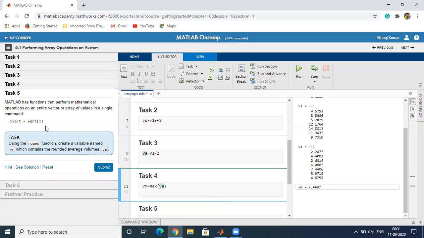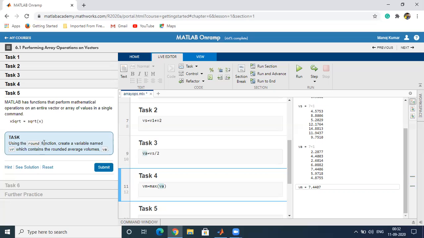There are several mathematical functions which we can apply to vectors. MATLAB has functions that perform mathematical operations on an entire vector or array of values in a single command. For example, the square root of x gives the component-wise square root of each element of the vector.